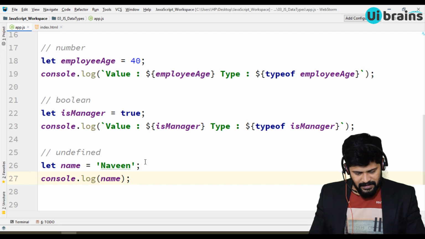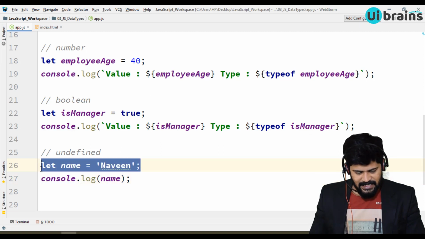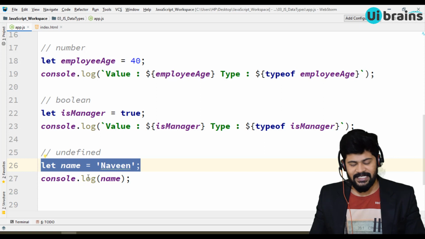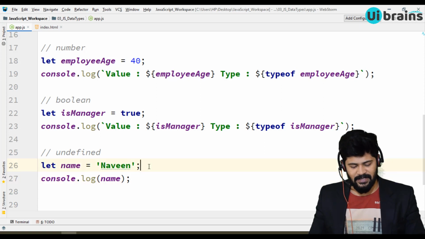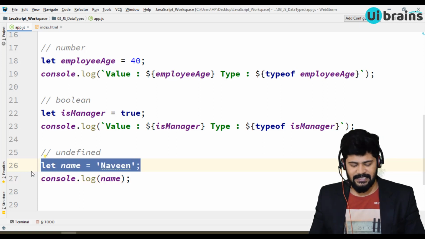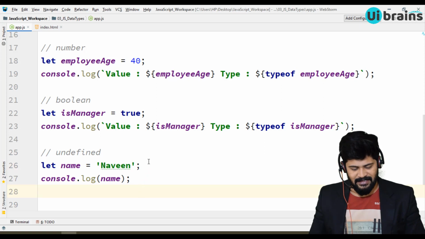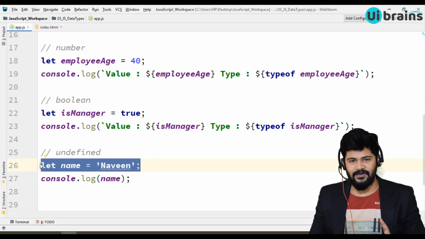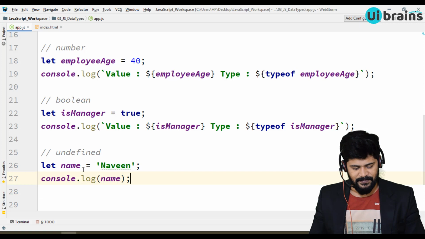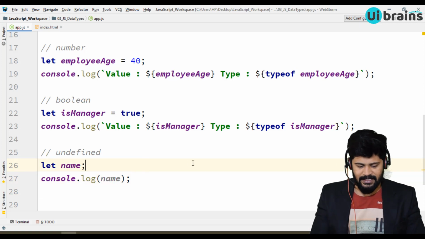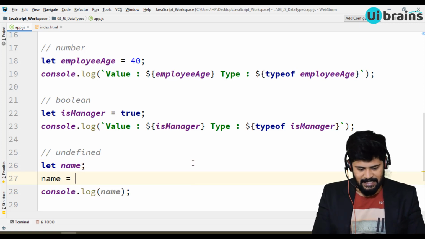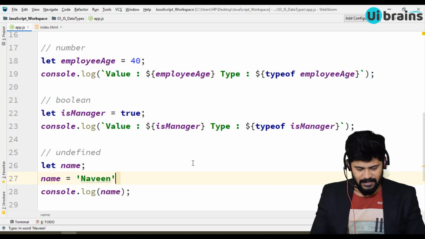Now this is commonly called variable declaration, but technically it is not declaration. It's complete. It's called assignment. Declaration is something else. You can convert this line into two lines: declare name, and then on the next line, name is equal to Naveen.